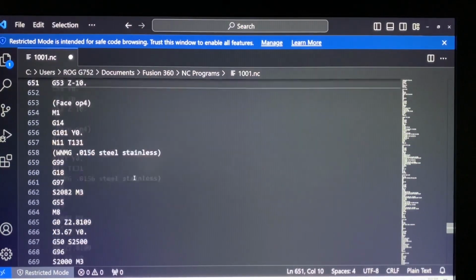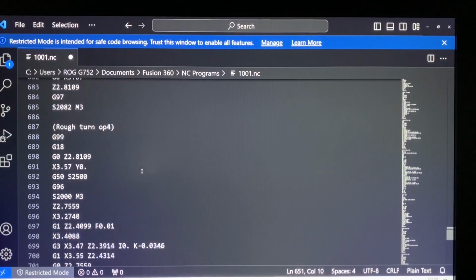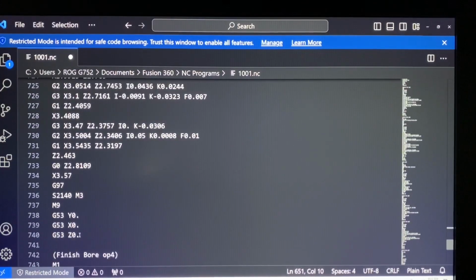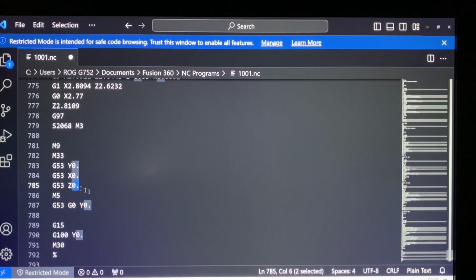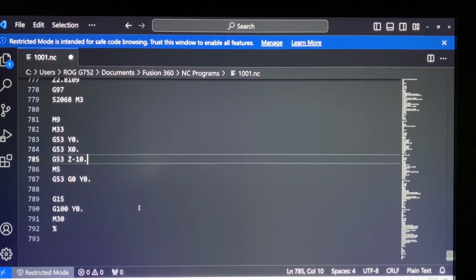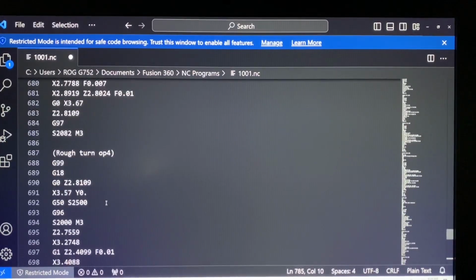So just pay really close attention to what's going on here, and run it in graphics if you can. See if you can figure out why things are doing what they're doing. There's another one. Just be really careful, because these posts are not 100% in Fusion yet. I know they're working on it, and I'm sending notes to them on all of the problems that I run into. So yeah, I'm going to go back through this, make sure everything's good, and then we'll hopefully get this thing